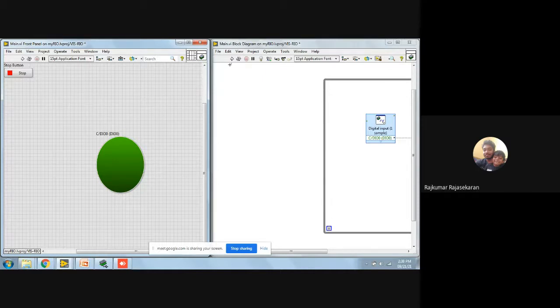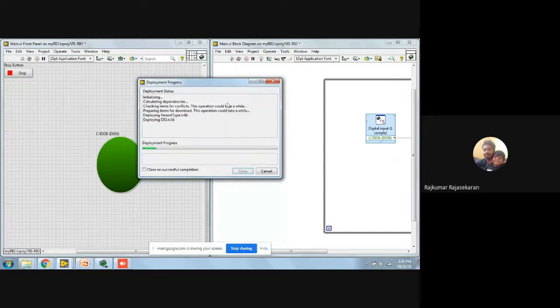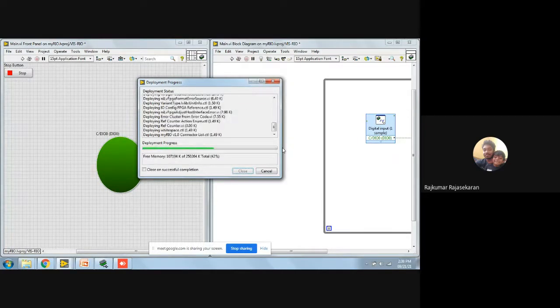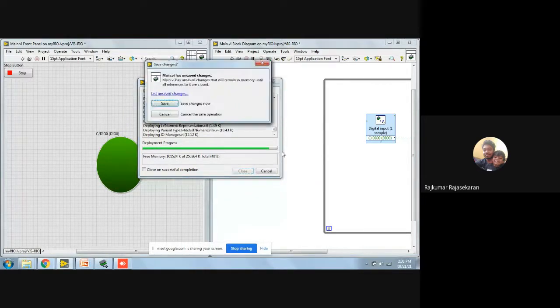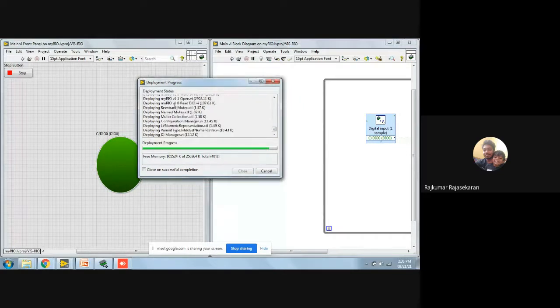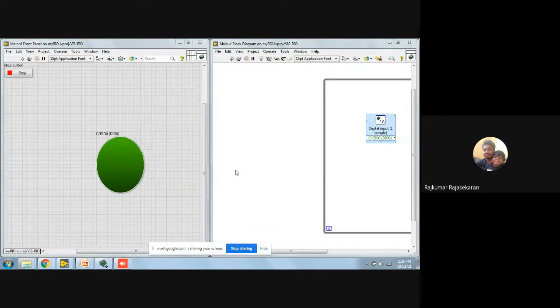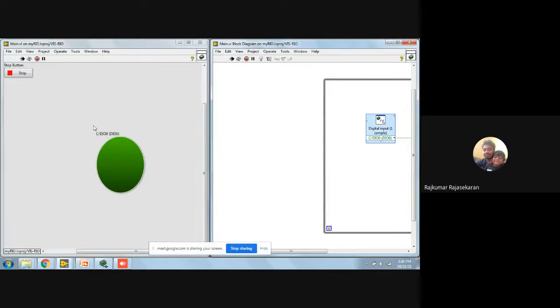Right now, you don't need to do all this communication stuff because when you run the program, you are in fact compiling it, and after the code gets compiled, it gets deployed into your Myrio. Essentially, as I told, this code will be running inside Myrio, and what you are seeing here basically is a communication layer.